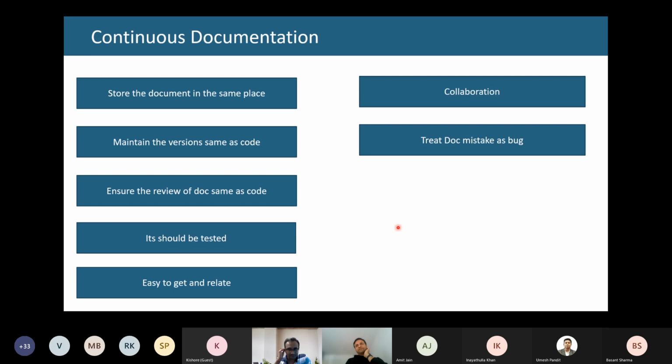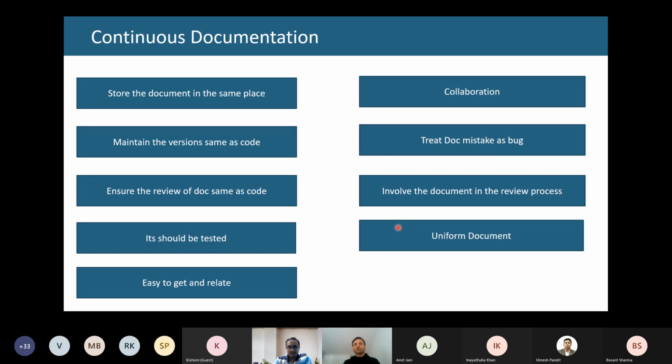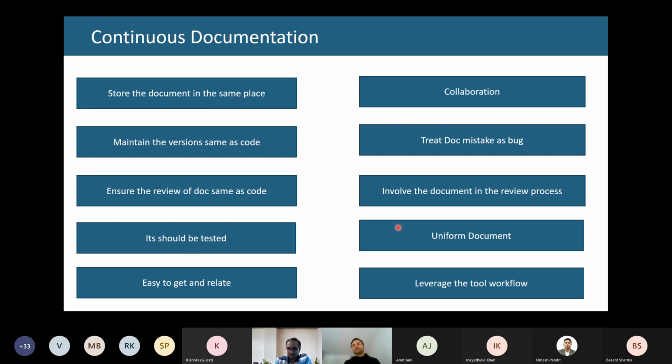Collaboration: treat a document mistake as a bug, involve the documentation in the review process, and keep documents uniform, because people are writing in different ways. That becomes very difficult, so having uniformity is very important, and leverage the tool for workflows and things like that. This is also, I feel, very important, and I wanted to bring it to this forum: while you're thinking about development, think about this also, because it is very crucial.